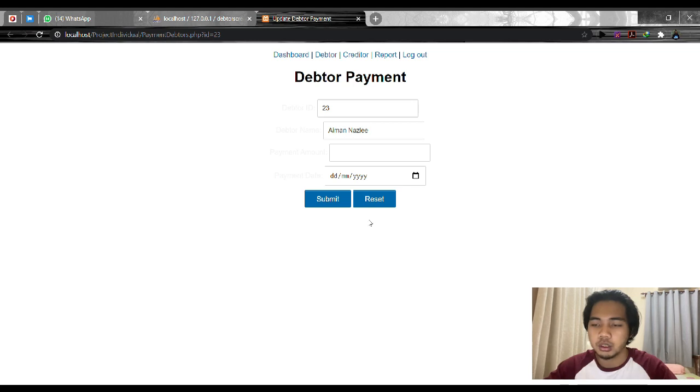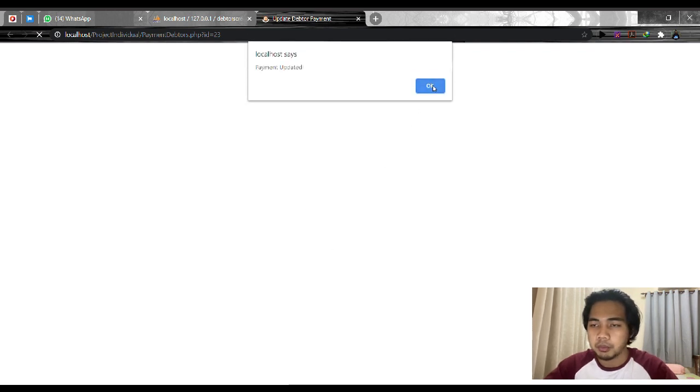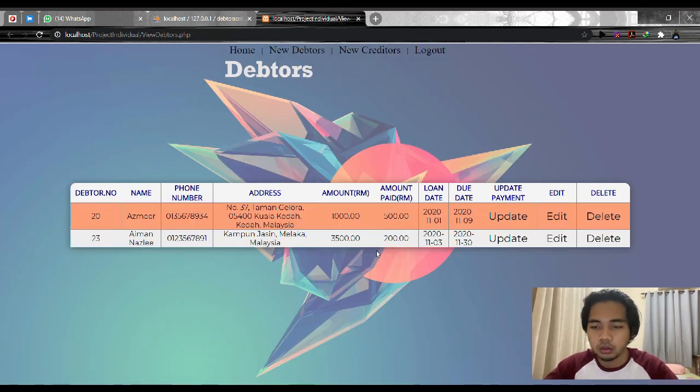We can click update payment, so we can just add 200 of amount paid, and the date is today. So submit, and payment updated. So we can see the amount paid has been in there, 200. So this is the debtors.